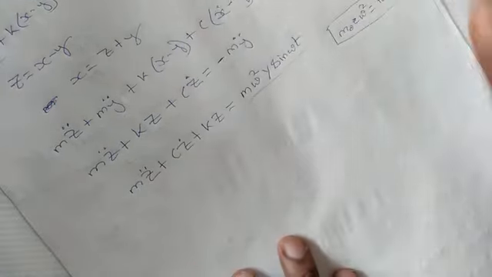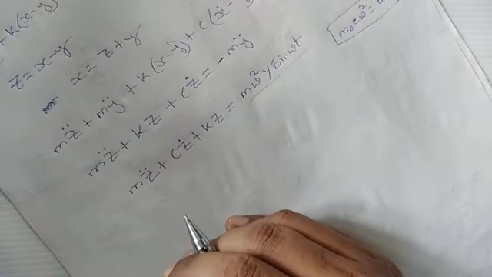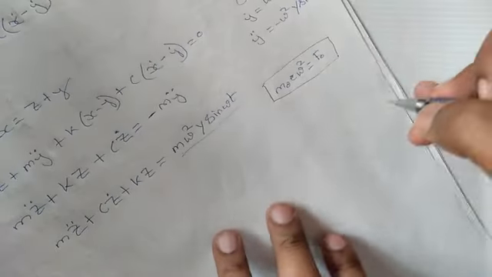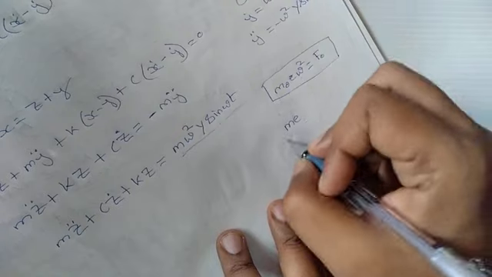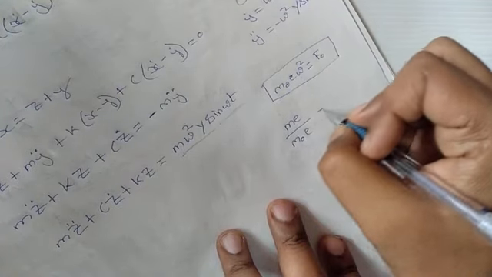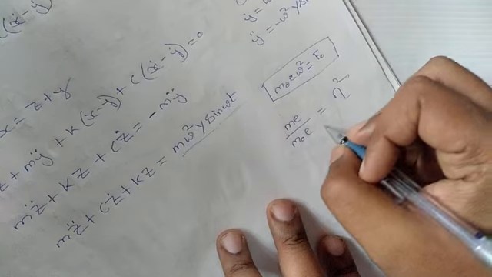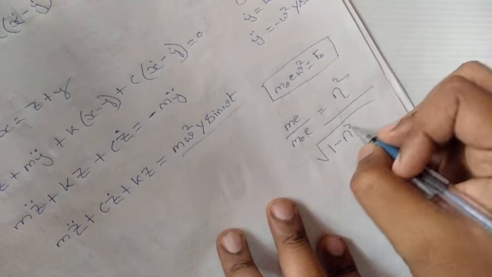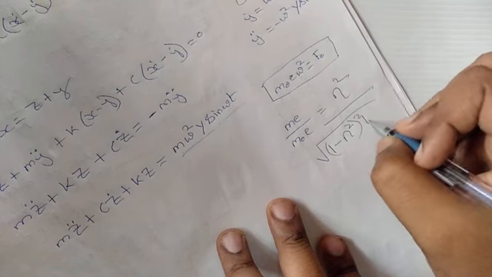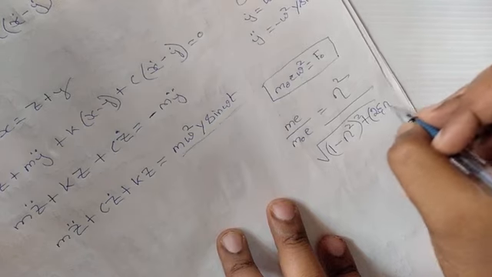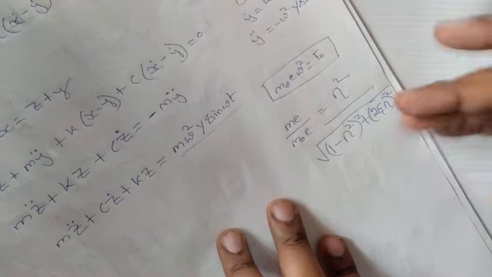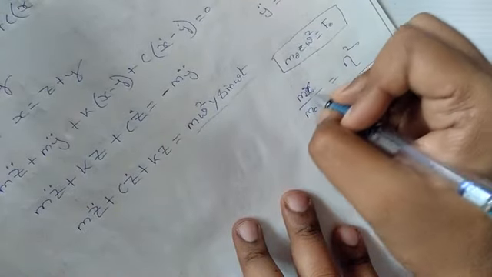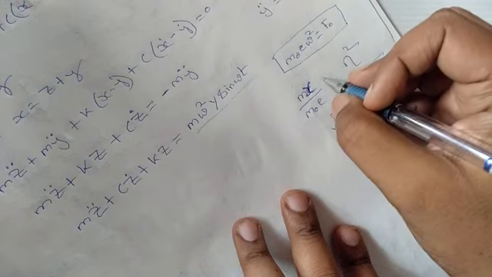So the formula for this rotating unbalanced mass was m x divided by m naught e is equal to eta square divided by root of 1 minus eta square whole square plus 2 zeta eta whole square. So if you look at that, this is m x by m naught into e is equal to this.